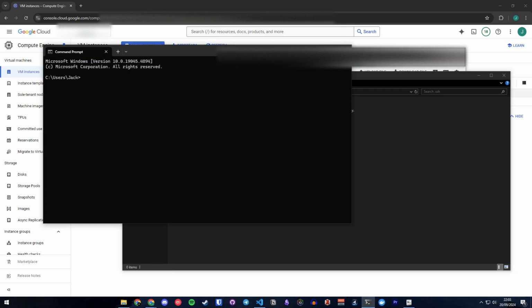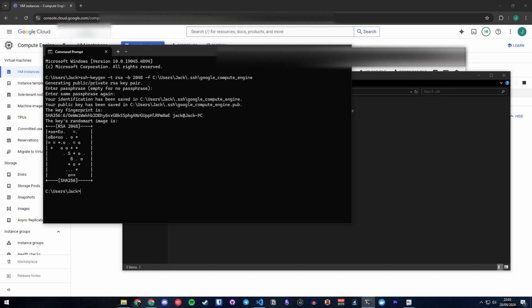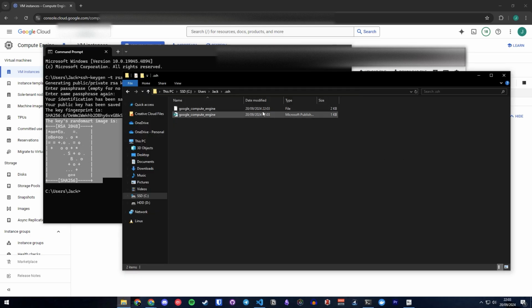So what we're going to do is just open up our terminal and write this command here. This is just ssh-keygen, where we're generating a public key. And where are we going to be generating it to? Users, jack, .ssh, and we're going to be writing it to a file called google_compute_engine, and that's where it's going to be stored. If I just write this, it says generating public/private RSA key pair, enter a passphrase, empty for no passphrase. So we're just going to leave it empty. And here we go, it automatically creates it here. And if we look here, we can see that we have these 2 files that have been created